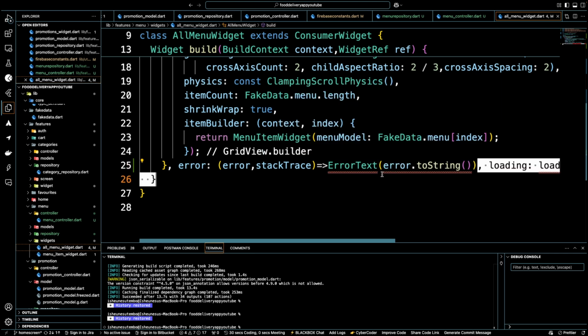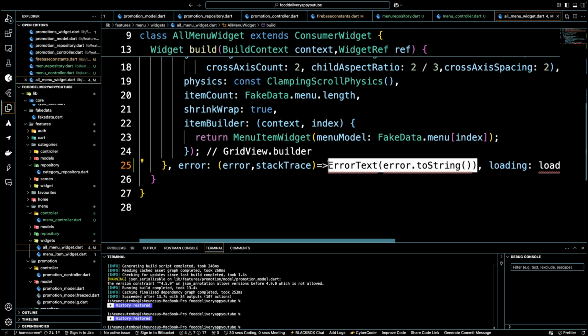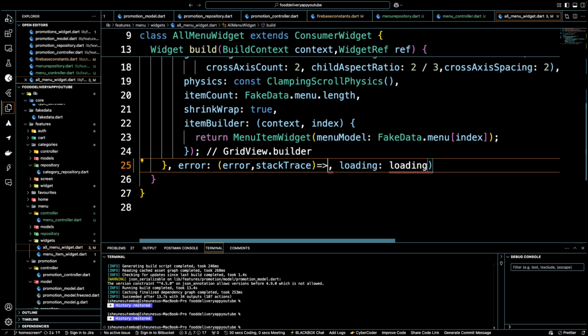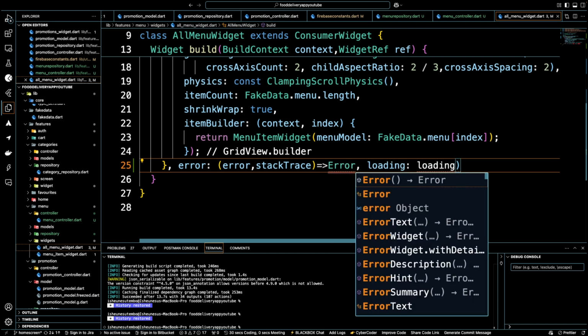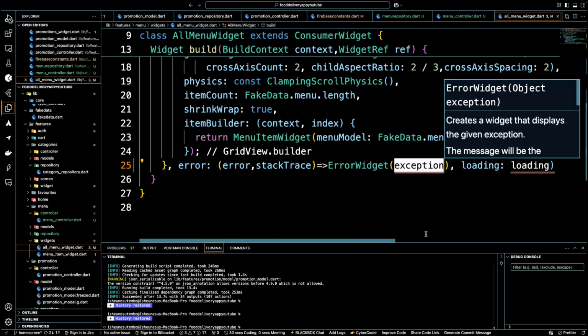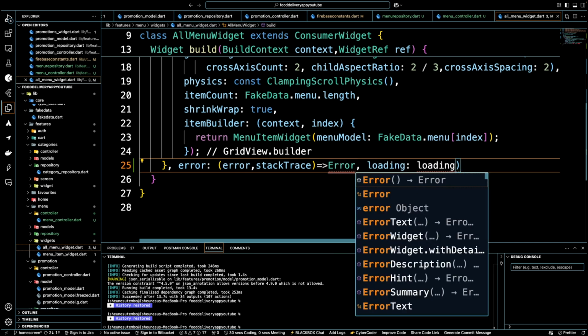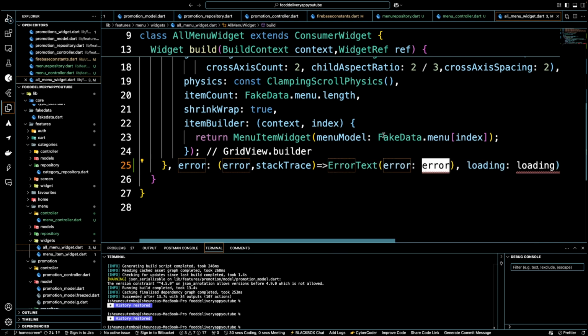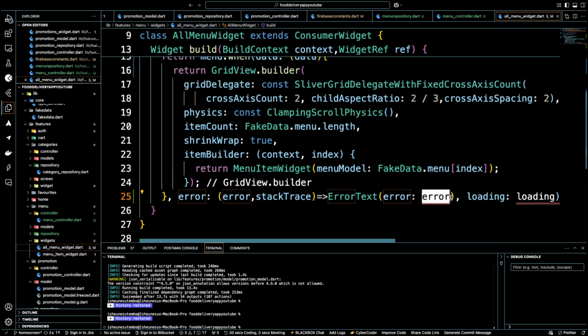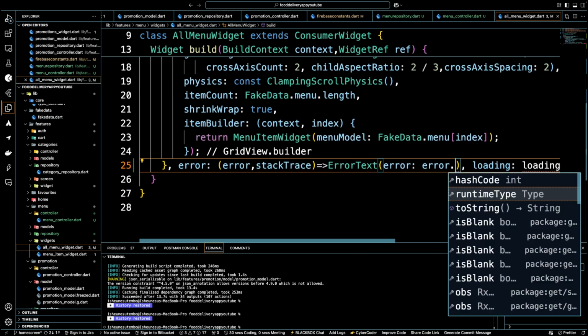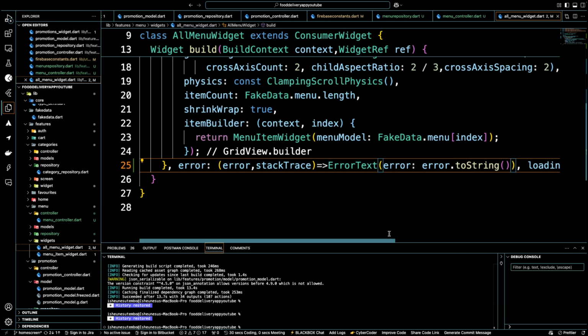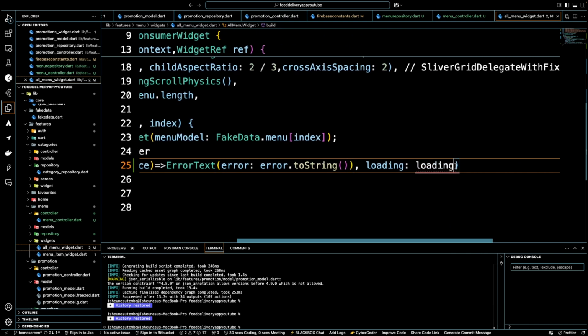So I think we imported the wrong item. It's supposed to be error text. And then we pass in error to string like this,